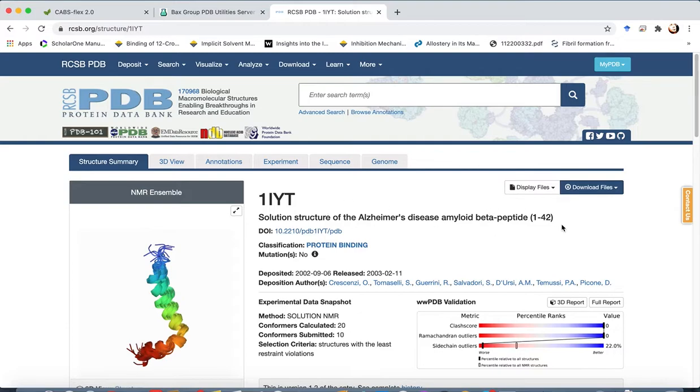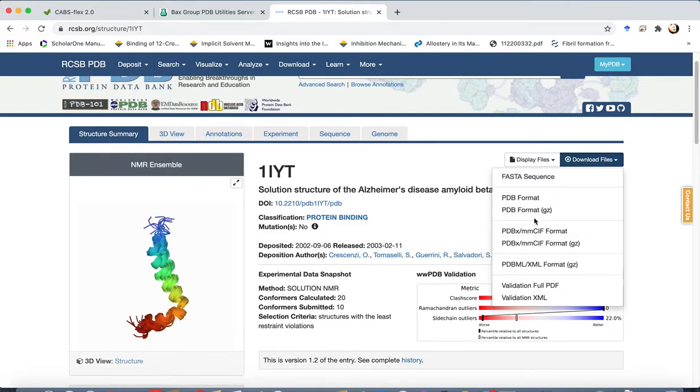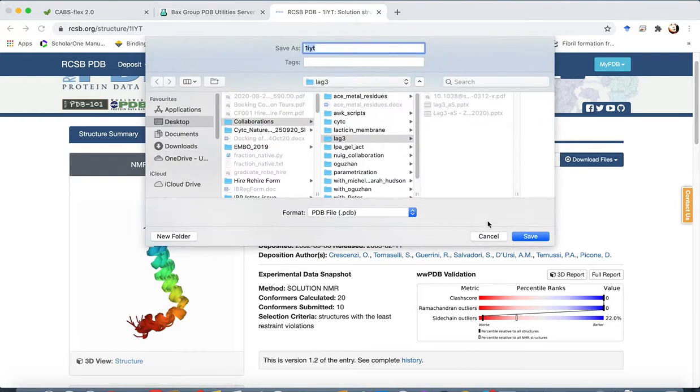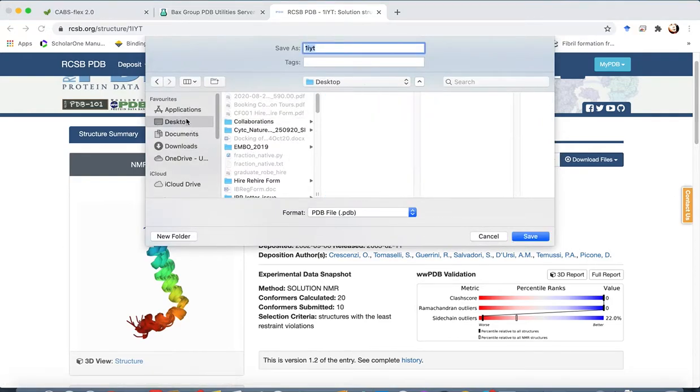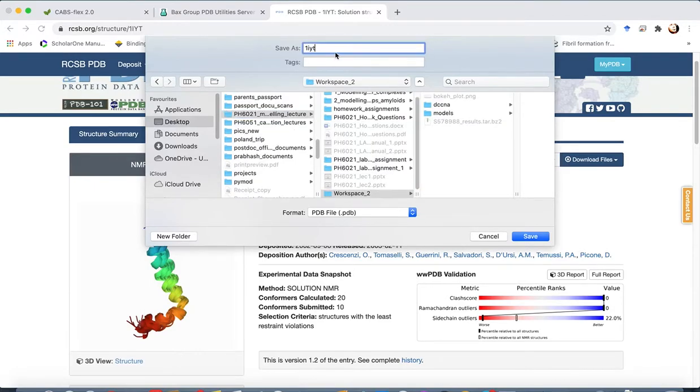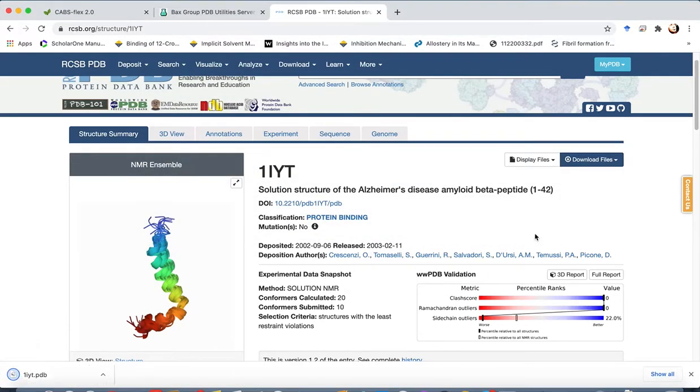Okay, so we'll go ahead and download this PDB file. As you can see, there are a number of models in this PDB file, so we will select just one model from here. So we go to download files and we download the file in the PDB format, and I'll just save it inside my work directory here, and the ID for the PDB is 1IYT. And when I view the structure in Chimera,